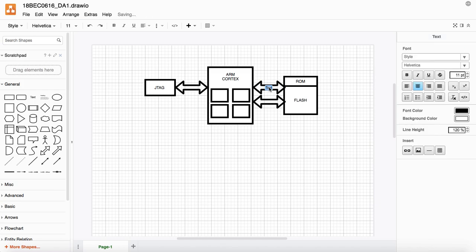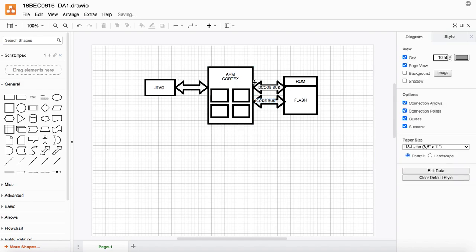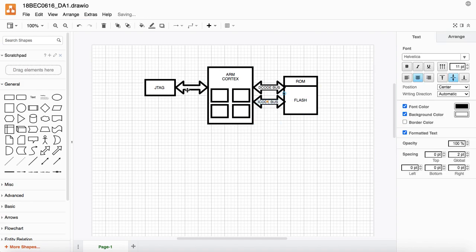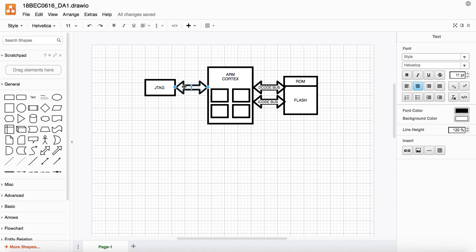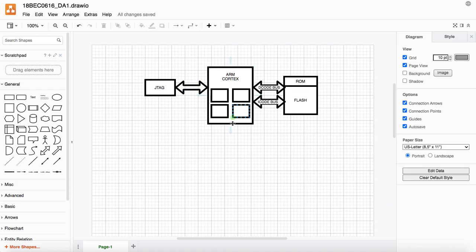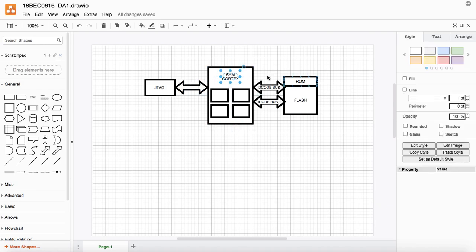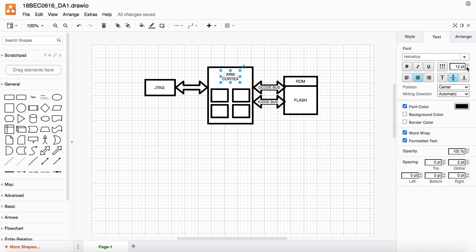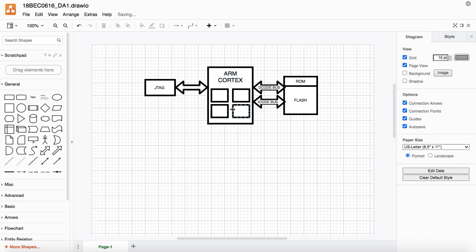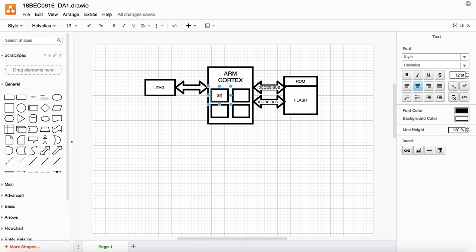Here also I can just double click and then enter the text. And if I want to increase the text, I can go to text and increase the size here.